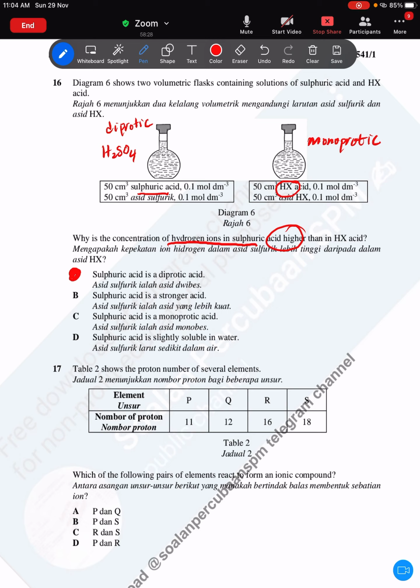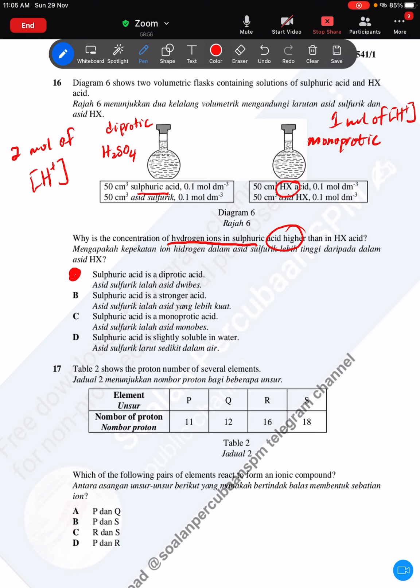A diprotic acid, always remember, will produce 2 moles of hydrogen ions. That's the reason. If it is monoprotic, it will only produce 1 mole of hydrogen ions. On the other hand,